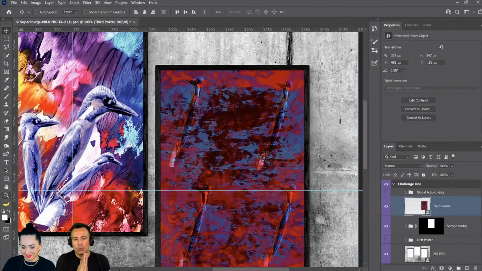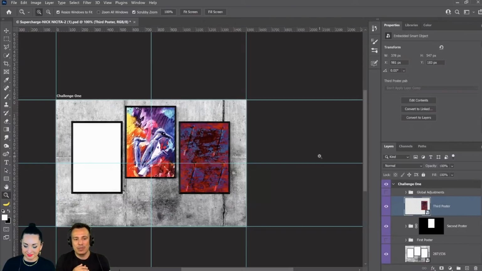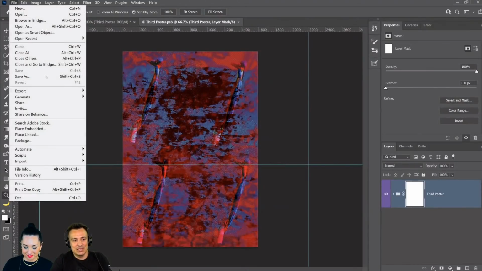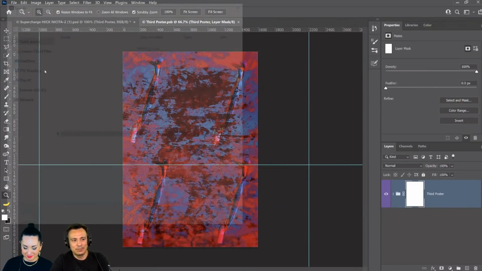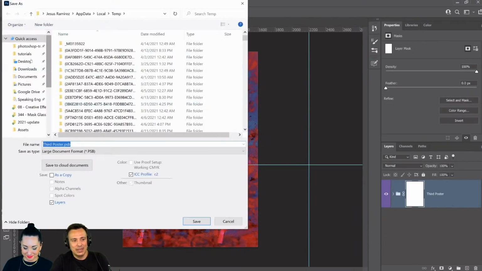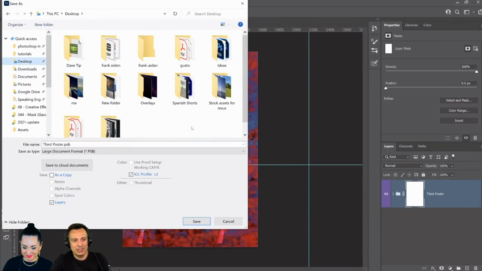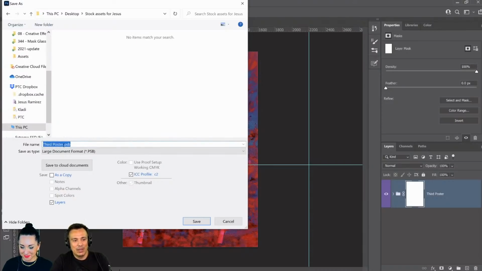Now, I don't know your workflow, so if you're watching this, you might be thinking, well, I have a separate file. All I did is I drag the images onto here, and I have my real composite somewhere else. And if that's the case, I still would make the argument that you don't need to do that, because if you open this up and this is your composite, I'm going to save this somewhere. Let me see. I guess I can go in my desktop and I have a whole bunch of stuff here. So I'm just going to put it in this folder, Stocks for Jesus, and I'll just call it third poster. So this is my document, right?